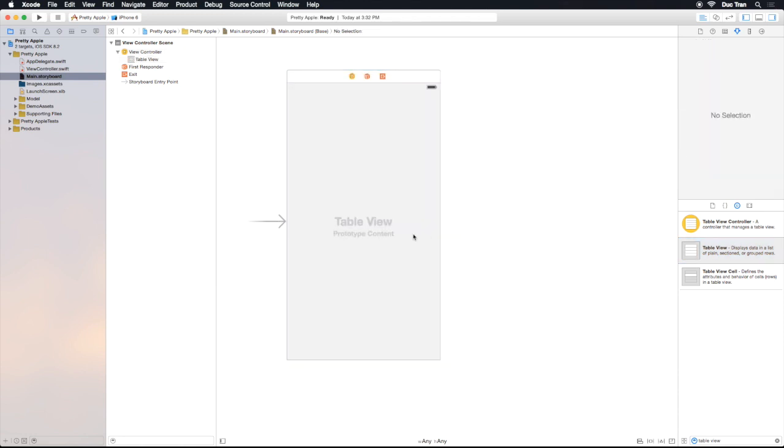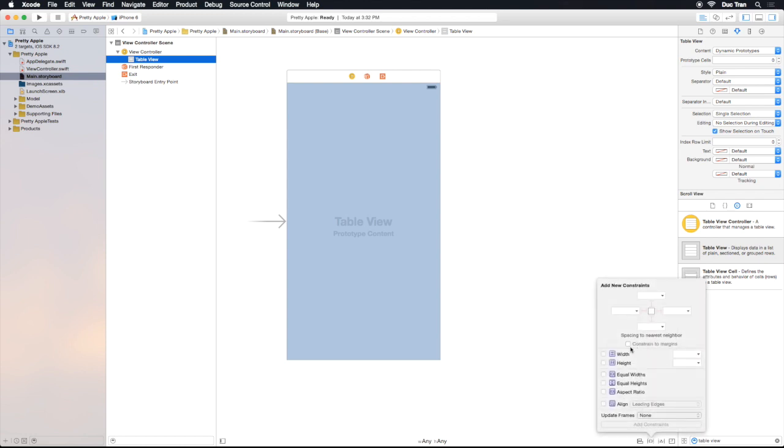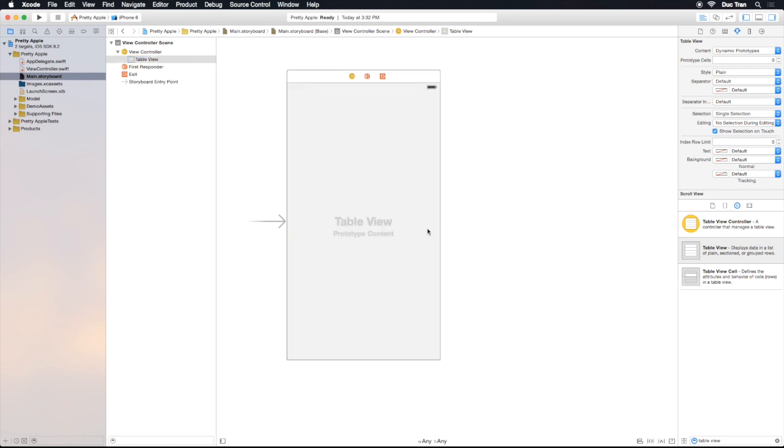Okay, so I will make the table view fill the whole screen. And let's very quickly do the auto layout for that. I will check that one to pin it to the four corners. Okay, so the first thing we will need to do with the table view is to set